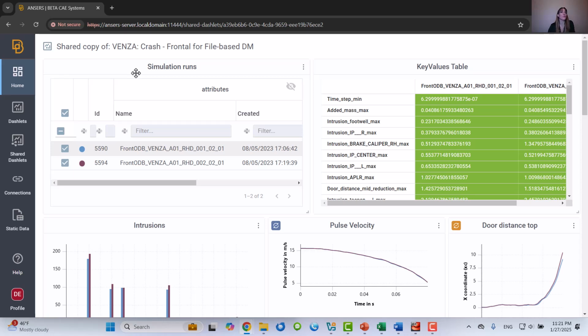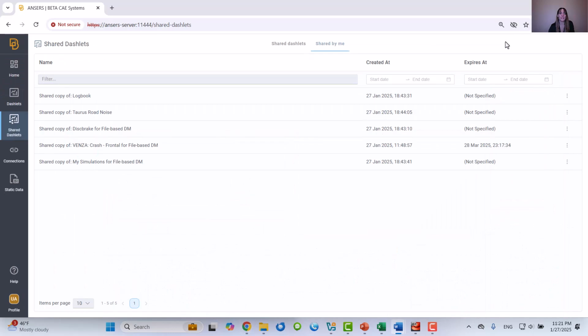We do not have the option to edit the data source and panels. However, looking ahead, we plan to bring more functionality to Dashlet sharing, like data shared with groups of users, and better management and editing of shared Dashlets. In the future, we will also provide the capability to share Dashlets with non-Answers users. Let's go back to my user and I will change the subject.